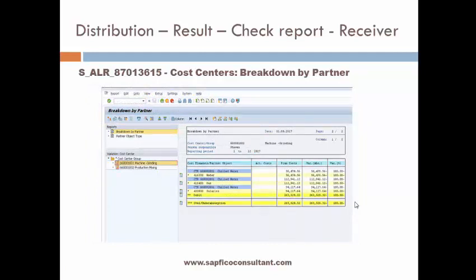Now to get a breakdown by partner, to see what is coming in from the sender, we use this report 87013-615. We see that the water is coming in from the chilled water cost center. Gas is coming in from the chilled water